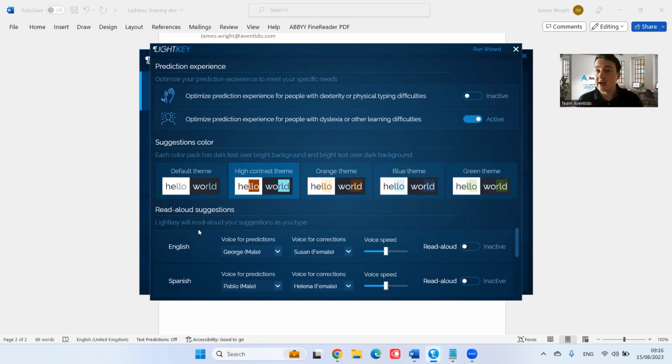And then we have read aloud, and as the name suggests, it is going to read aloud the predictions and the corrections. We've set the predictions as male, corrections as female. We found it very important to easily differentiate between a correction being read and a prediction being read, but these are changeable. Voice speed is fully adjustable. We also found those with visual impairment who like to listen to it very, very quickly, so we gave them full control. Then we simply tab that on,